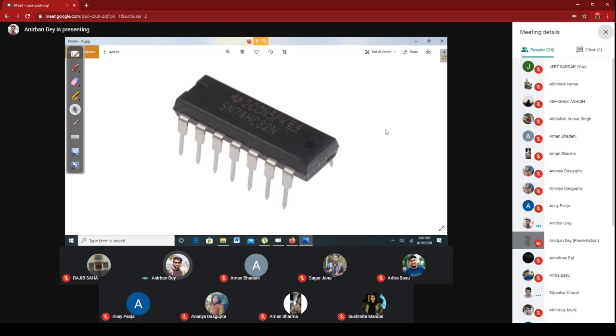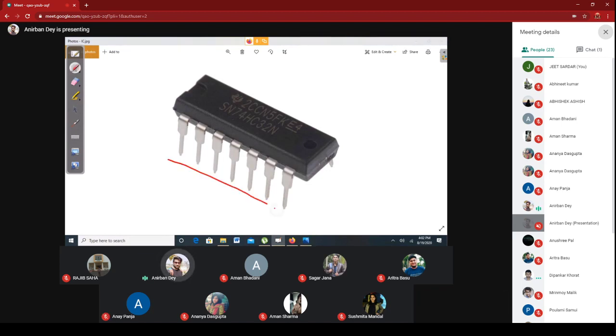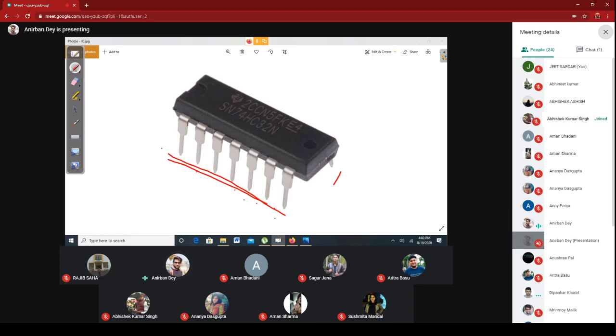So write down the first point about ICs. IC is a microchip. And you see that some pins are there. You see here 7 pins, 1, 2, 3, 4, up to 7, and on the opposite side another 7. So how many in total? 14.